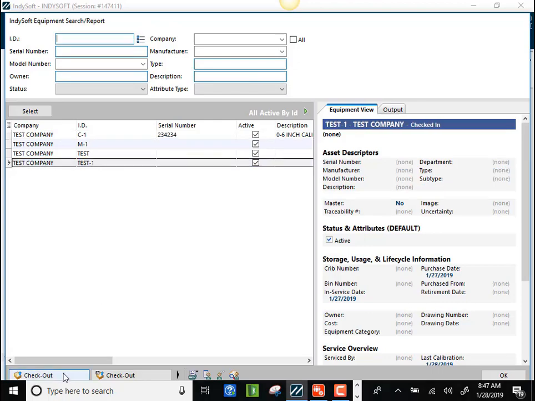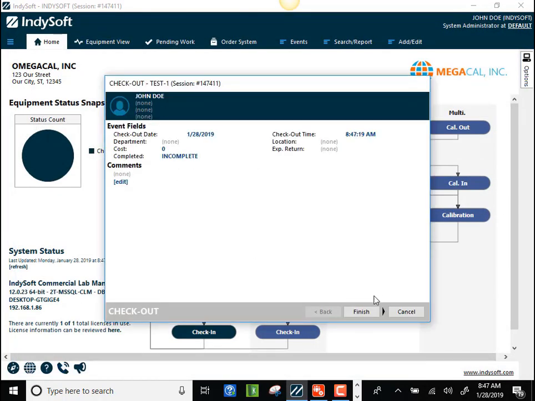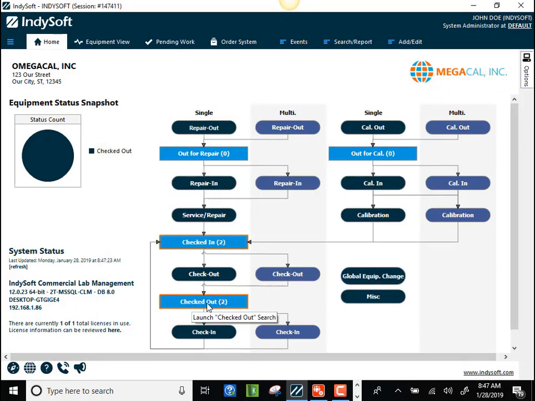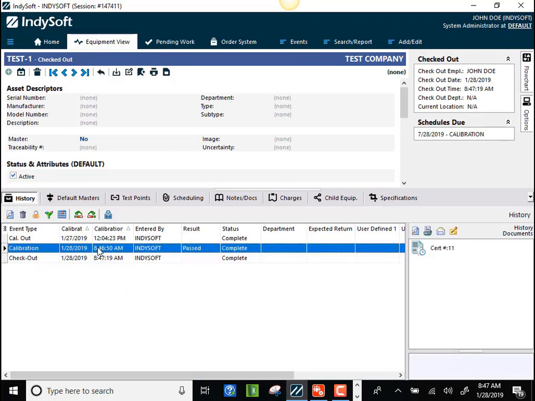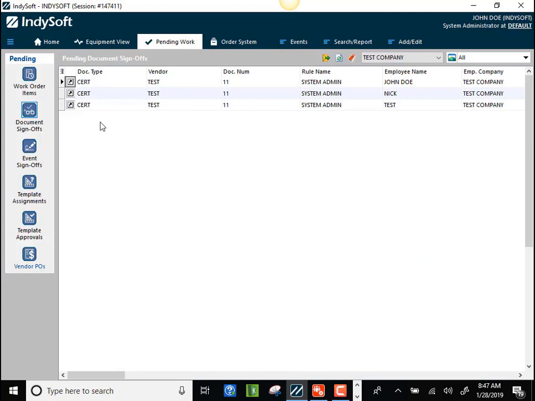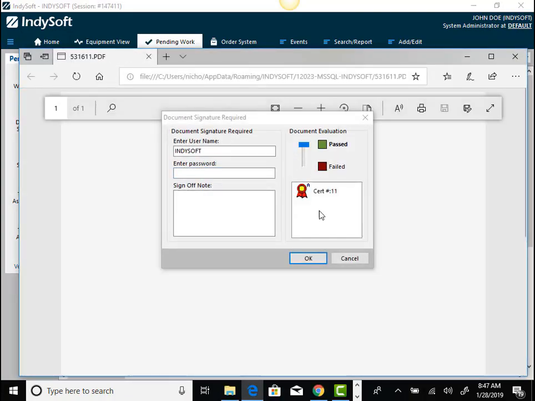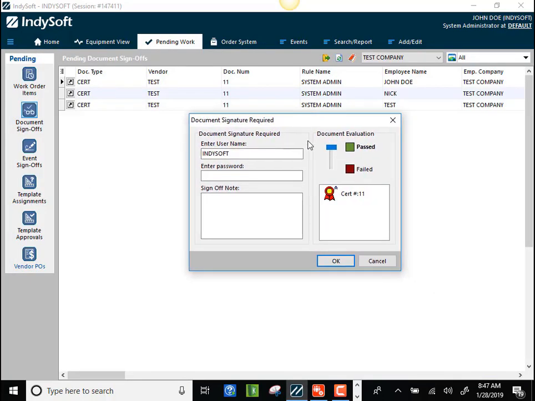Test 1, let's check it out. Push it over into checked out. Now, if we go into the equipment view, take a look at this calibration event, it's requiring a document sign-off. So we go into pending work to document sign-offs and sign it off. When we do that and take a look at the document